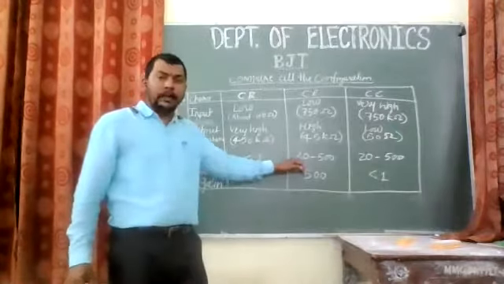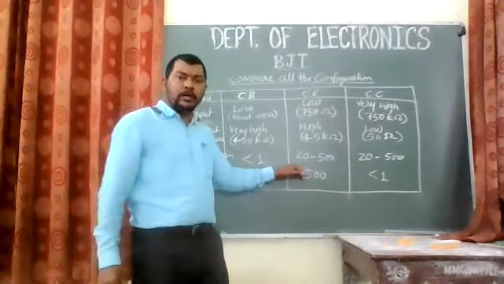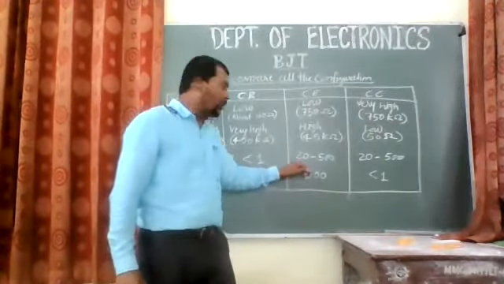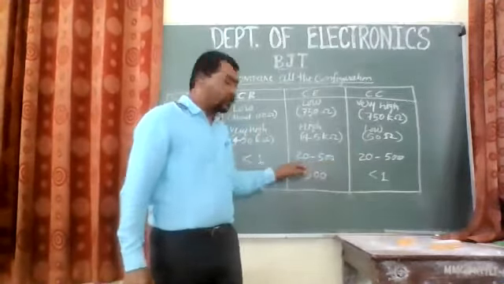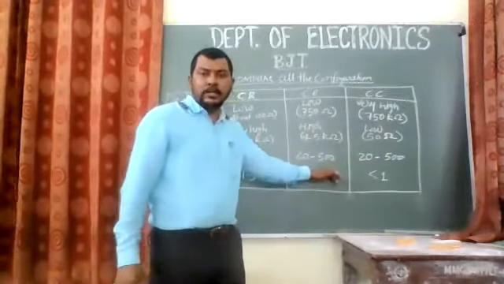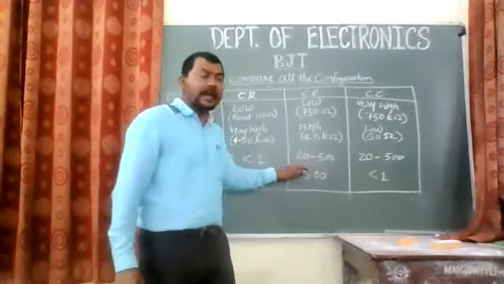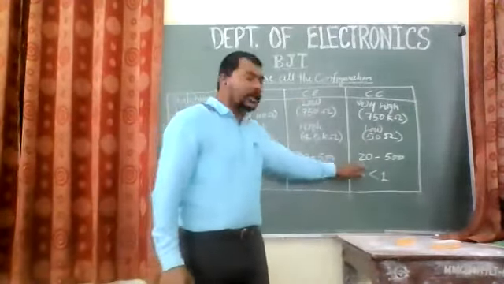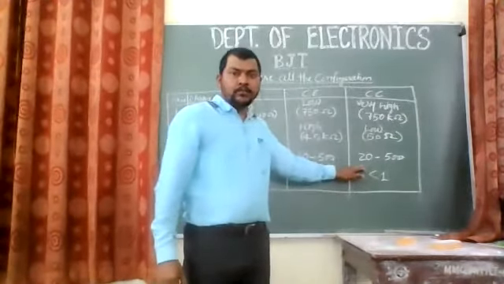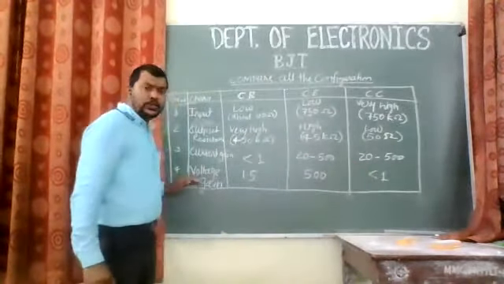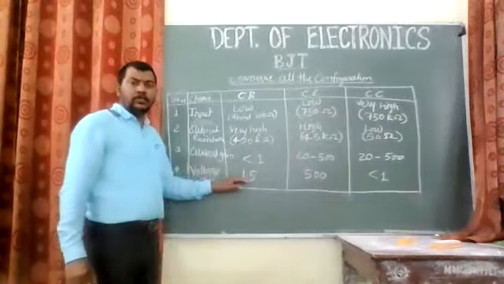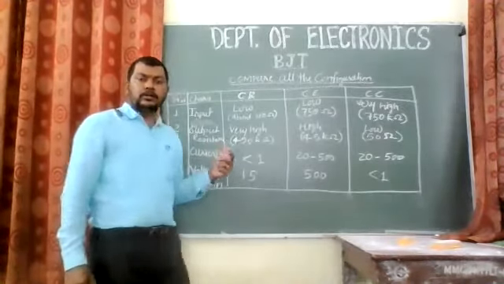So if you give 1 milliampere current to a common emitter amplifier, it will give you 20 milliampere or say 500 milliampere. So 20 to 500 milliampere is the range. Okay, so I guess you understood this. So current amplification is higher in common emitter. Similarly, it is also higher in common collector. Okay, and the last one is voltage gain. So voltage gain is 1.5, means there is no gain.